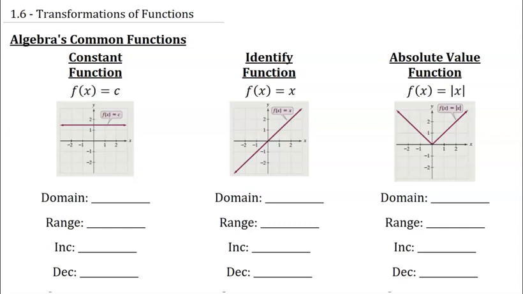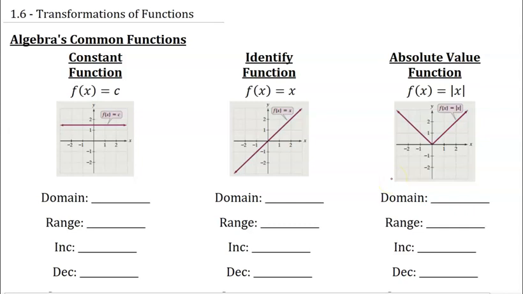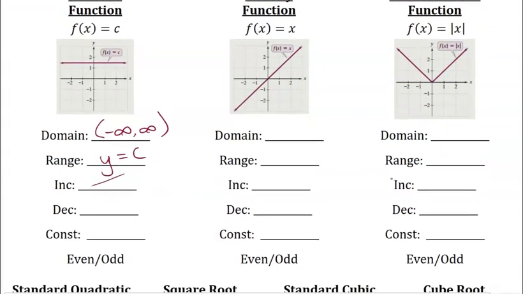which is just y equals a constant, or f of x equals a constant. And here, that is just a horizontal line for some value of c. The domain for this is all real numbers, or from negative infinity to infinity, and the range is just y equals c, because that's the only output. It is not increasing anywhere, it is not decreasing anywhere,